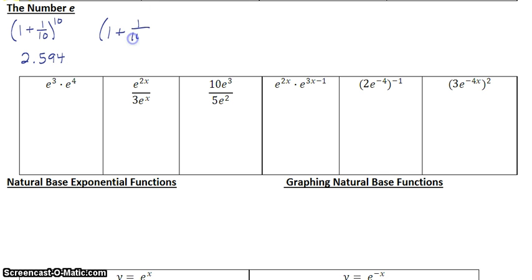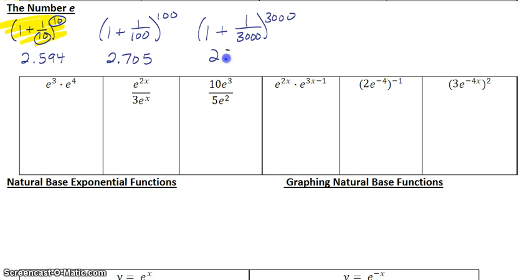This time I'm going to have the bottom number be 100. And quick note, this is from that formula we learned the other day, the interest formula where you're compounding and then the n is on bottom and the n is the exponent as well. Alright, so when I solve this, I end up with 2.705. Let's go again. I'm going to now make n 3000, and this is leading somewhere in case you're wondering. Basically, what I'm trying to show you is, as n gets bigger and bigger and bigger,